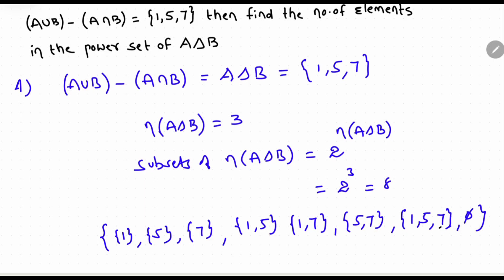Okay, so 1, 2, 3, 4, 5, 6, 7, 8. So here we got the answer actually, but we are writing every subset of a given A delta B